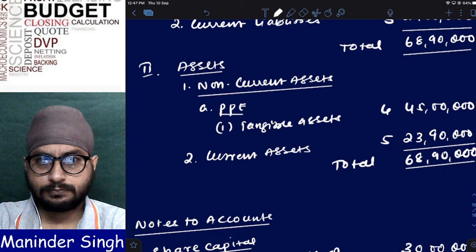The problem is very easy, but the only thing is that it takes a lot of time. Clear? It will take a lot of time. Almost 1 hour we have taken to complete this problem. But in the exam you won't have this much time, right? You should finish this problem within a maximum of 15 minutes. Clear? So please make a note of this. Once you are done, we will continue.